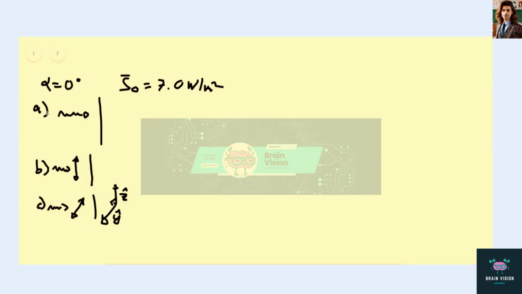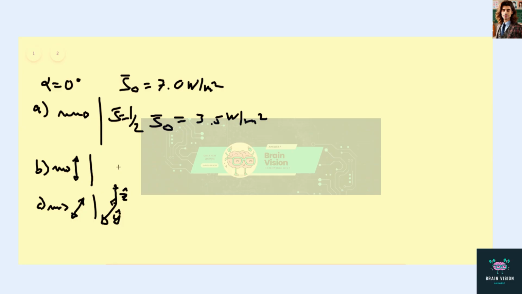Here in part A, we have unpolarized light incident on this polarizer. And so the intensity coming out on the other side, S, is going to be equal to half S incident, which is just going to be 3.5 watts per meter squared. Now this is because we started with unpolarized light, and so as we polarized it, we lost half of its